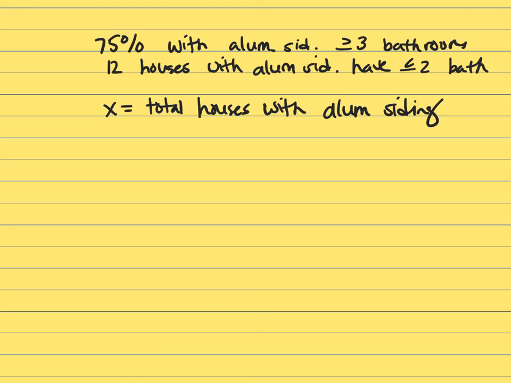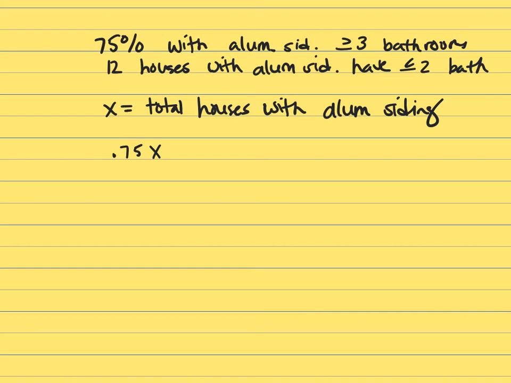Let X be the total houses with aluminum siding. And these houses, they either have three or more bathrooms or two or less. That covers everything. So if I take 0.75 times X, that tells me the number of houses with three or